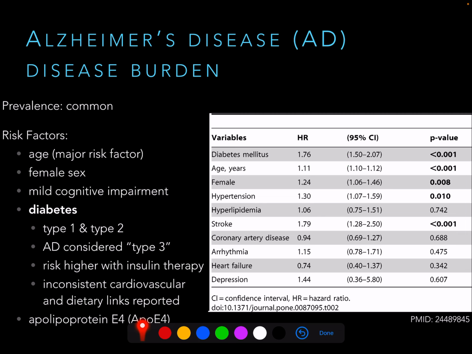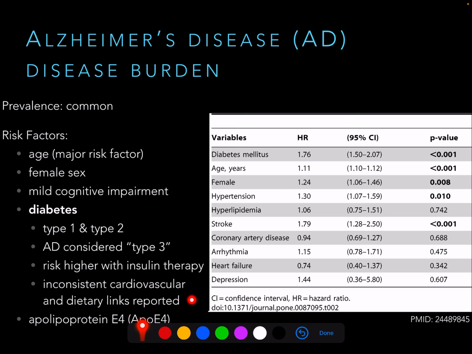Alzheimer's disease is called by some folks type 3 diabetes, meaning just insulin resistance in the central nervous system. Now, in fact, the use of insulin therapy further heightens the risk of developing Alzheimer's disease in folks with diabetes. I guess the idea there is that high doses of insulin exacerbate insulin insensitivity in the central nervous system. There might be some other links,